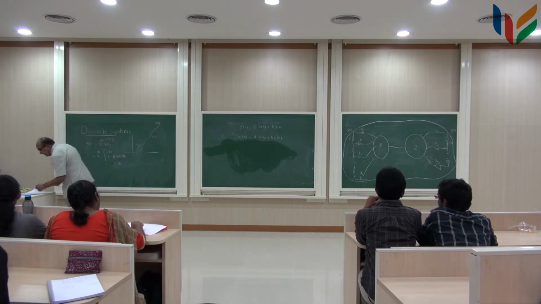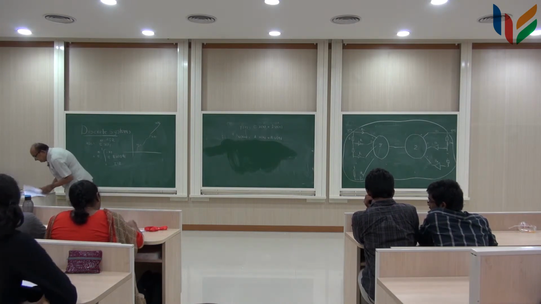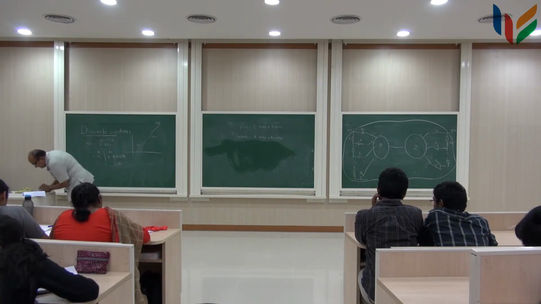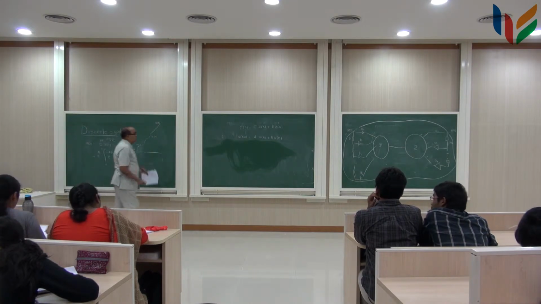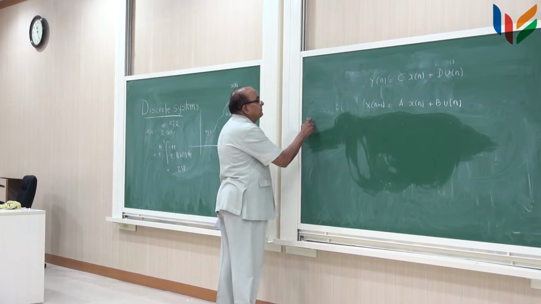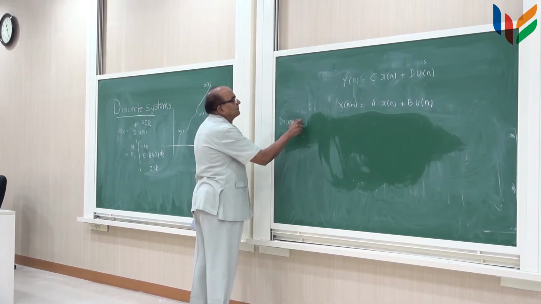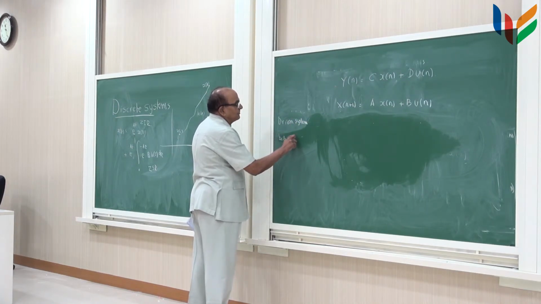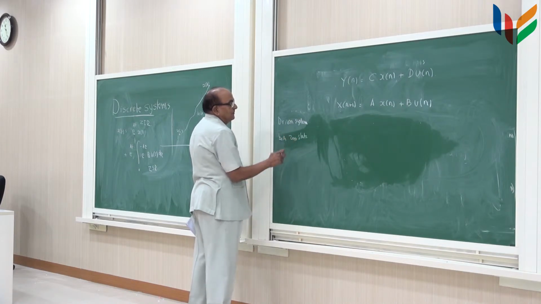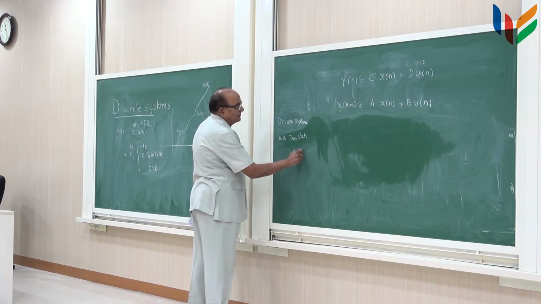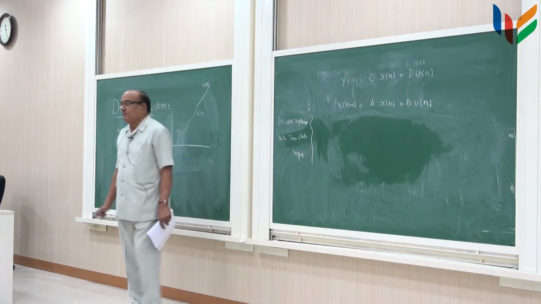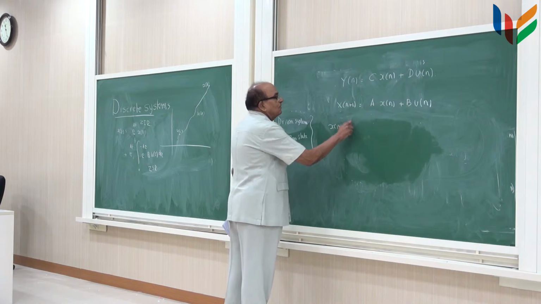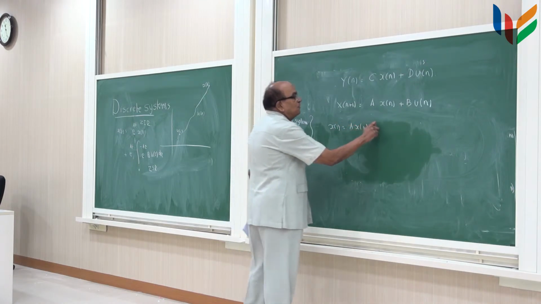So what is zero state response? If you have a driven system that is containing both zero state as well as input, then what do you get? X1 is equal to A x0 plus B u0